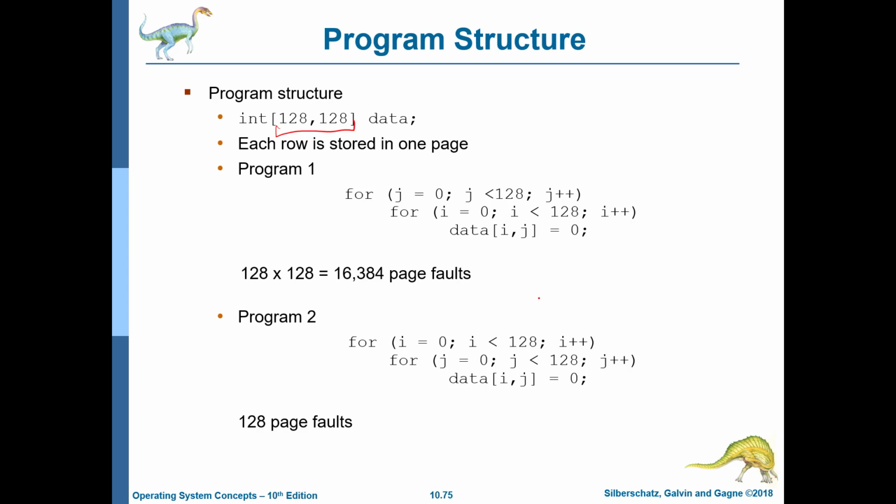If data is stored row wise, then what we are basically doing is jumping from row to row. So we'll have a very large number of page faults. In comparison, we could scan a full row, then look at the next row, next row, and so on. Here the number of page faults is much lower. Many of these optimizations can be implemented by the compiler. The compiler can make the code page fault friendly, but ultimately the onus is on the programmer to make the code page fault friendly.